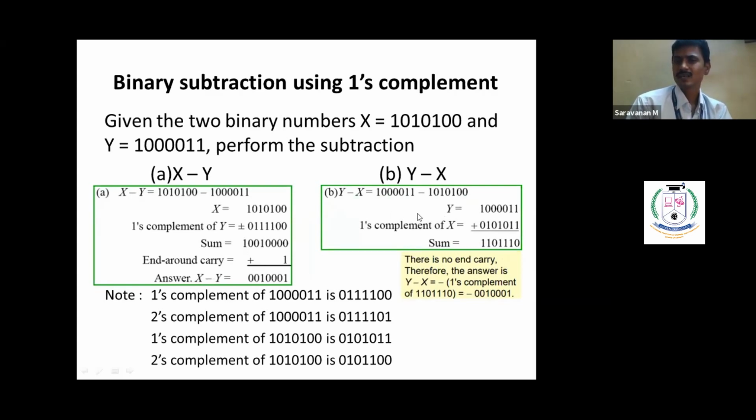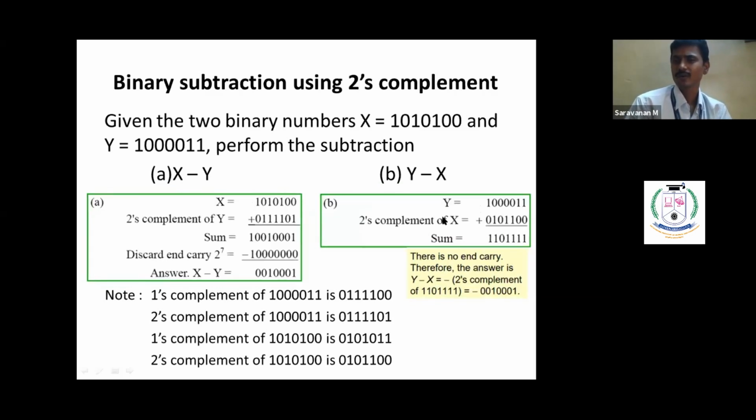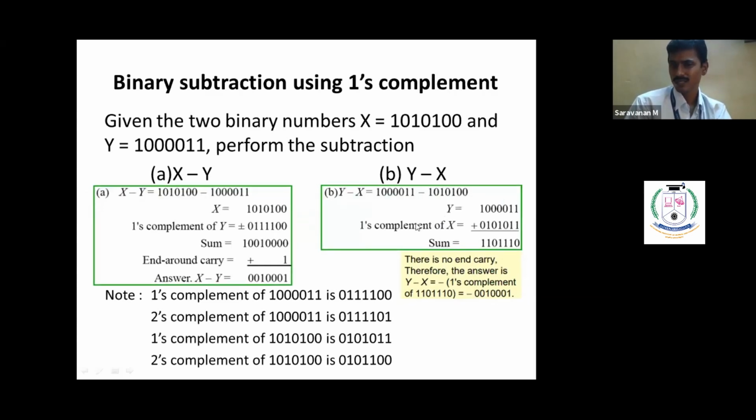Okay. Then the reverse logic, that is subtracting a bigger number from a smaller number. If that is the case, here we take the 2's complement. If carry is not there, the result should be the 2's complement. Whereas here we take the 1's complement, we add up. Whatever we are getting here, take the 1's complement and put a minus sign. That's all. Okay, so that is the logic, right?